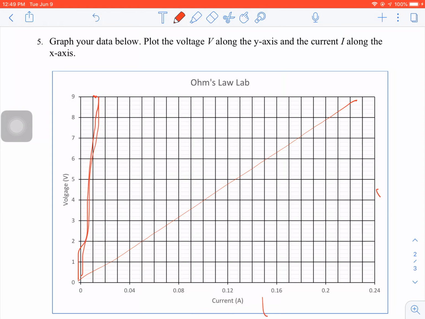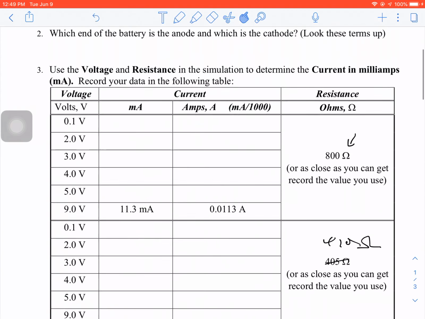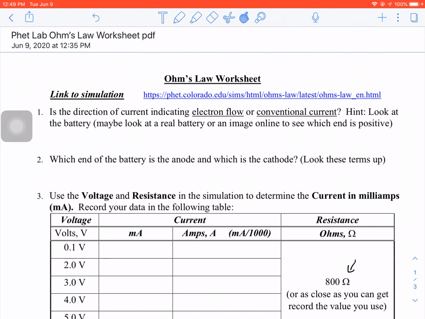Right, so that will get you through the worksheet, and then if you look at the rest, there's a few questions that you have to answer. It's very quick and easy. It shouldn't take long to do, and then just drop it into the Dropbox. Right, so I will leave you with that for today. Tomorrow I'll come back and I will put up the note for ohms